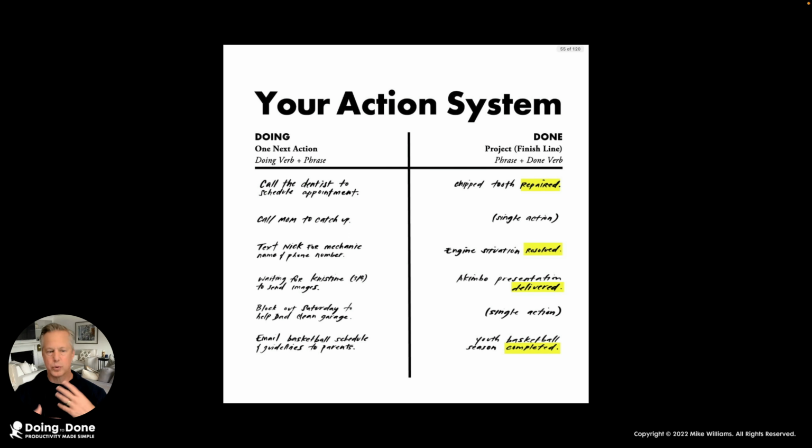So after you process your stuff, what you're going to end up with is a bunch of beautiful love notes to your future self. It's very clear on what the doing looks like, and it's very clear what the done looks like. And you'll notice that some actions might be associated with just a single action. They don't have a project. For example, if you're thinking about your mom on a walk and you just want to call her. So we would call that a single action.